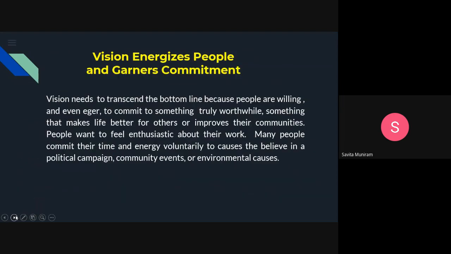Vision needs to transcend the bottom line because people are willing and even eager to commit to something truly worthwhile. Sometimes that makes us better for others or improves their communities. People want to feel enthusiastic about their work. Many people commit their time and energy voluntarily because they believe in a political campaign, a community event, or